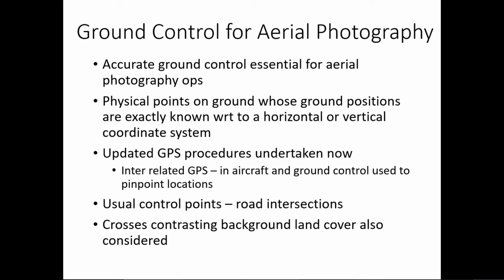But nowadays you have advanced GPS systems and trackers: a GPS system in the aircraft, ground control, and the GPS satellites, everything. So you take a photo, and then and there itself you can